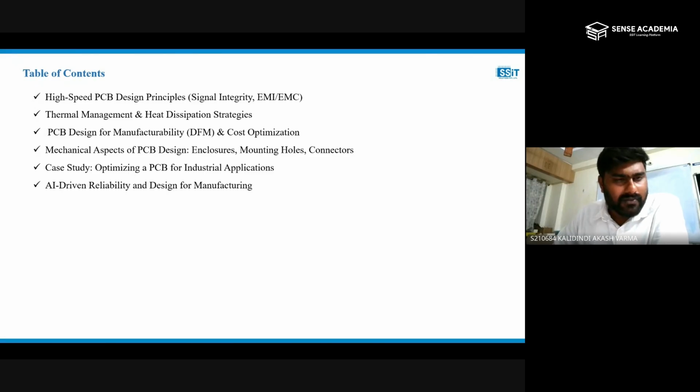And later we will discuss thermal management and heat dissipation strategies, which are very, very important for industry grade PCBs. Most PCBs work in high temperature conditions, and most of the components will produce thermal heat. So there should be a thermal management mechanism, and at the same time, a heat dissipation strategy should be there at the time of PCB designing. Later we will discuss PCB design for manufacturability